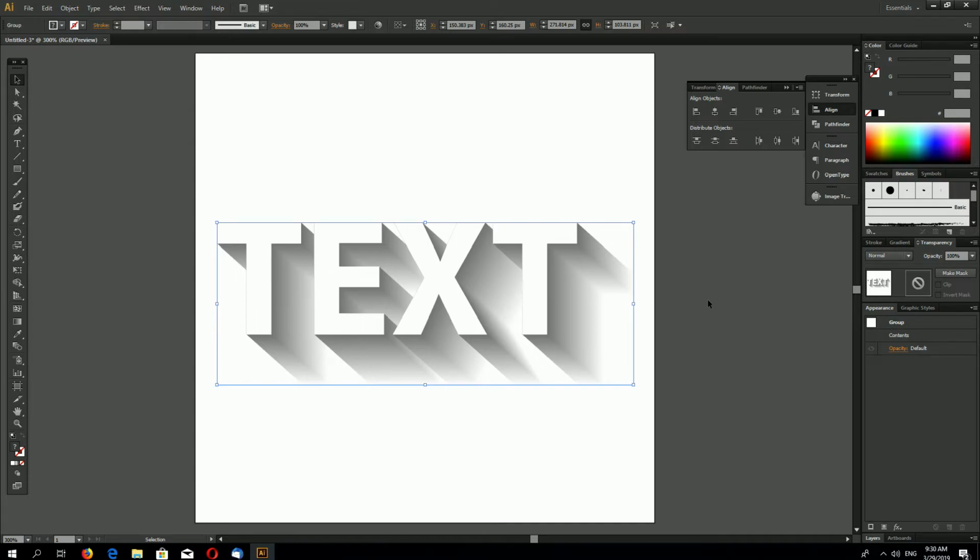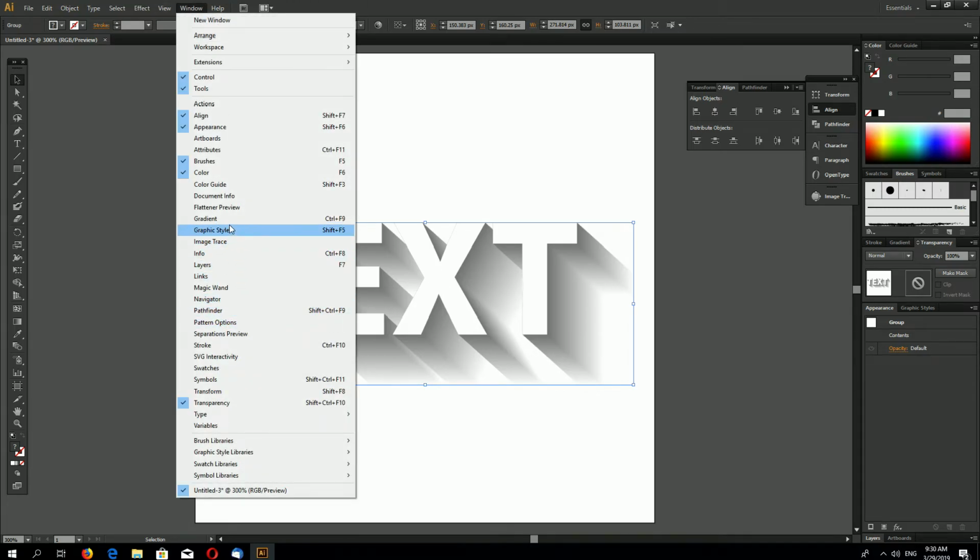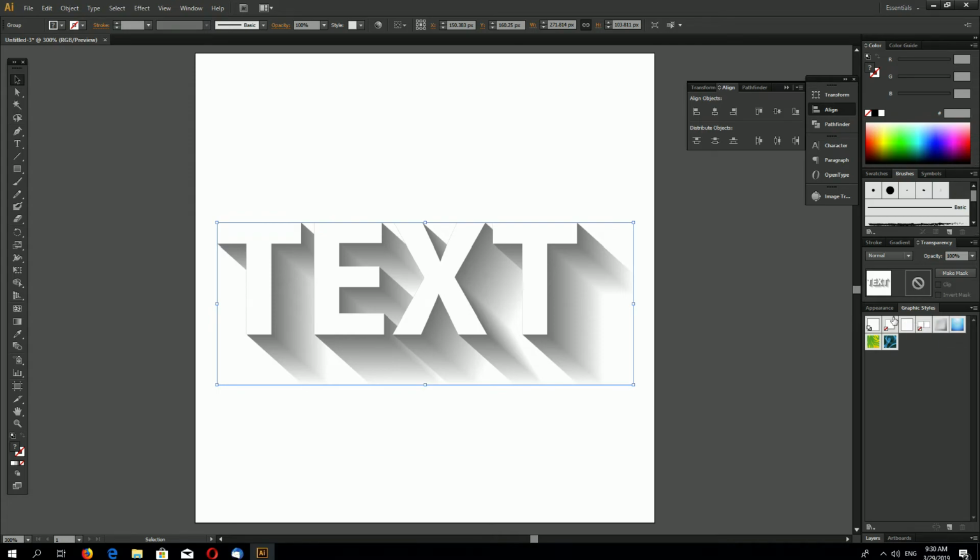And also let's open up graphic style panel. Okay, you can make a graphic style for flat shadow, and you can just draw a shape and add your flat shadow on any shape or text with single click. This is very useful, and if you want to know how to do this, please give a comment,